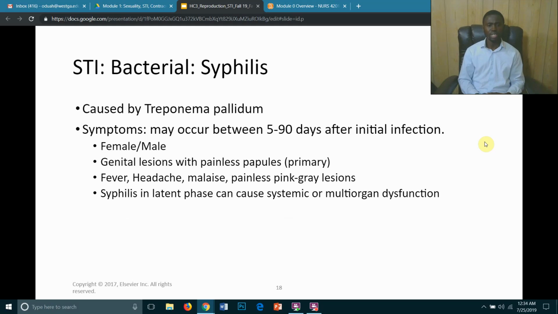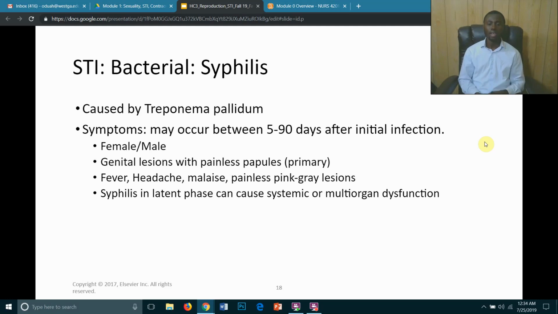Syphilis is usually transmitted by sexual contact and blood exposure, but transmission can also occur through close body contact, such as kissing. It develops at the site of entry, which is called inoculation of the organism. So the incubation period is 10 to 90 days after exposure. Three weeks is the average, which is 21 days. So changes may be found on any area of the skin or mucous membranes, but occur most often on the genitals and also the lips, nipples, and hands, and in the mouth, anus, and rectum.